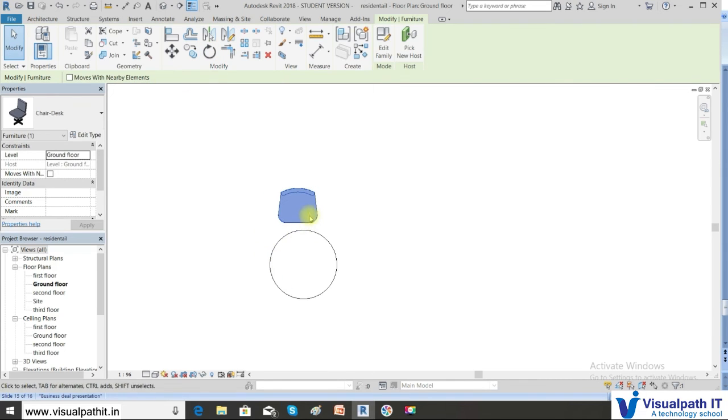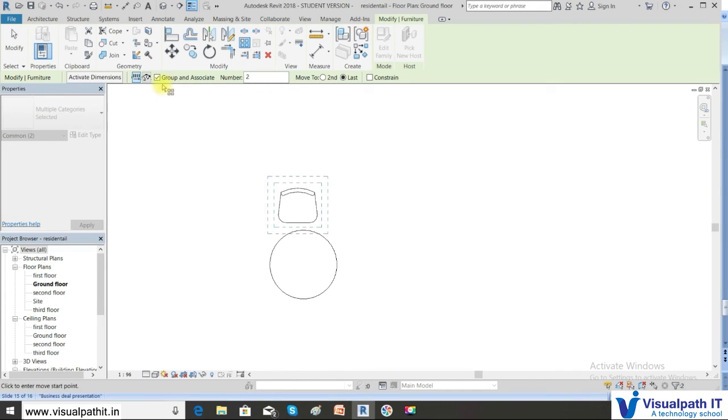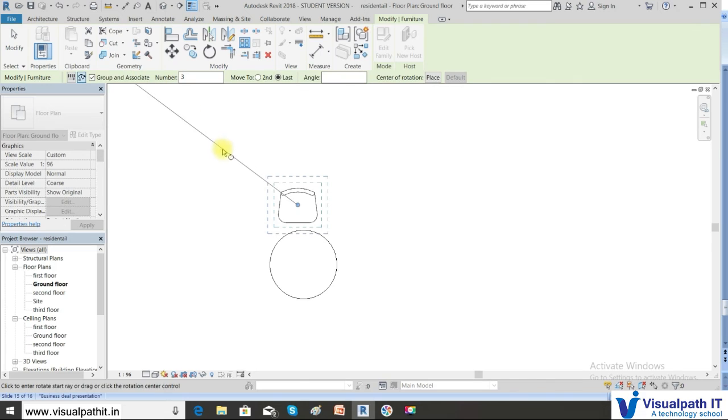Now I want to array this around this table. So I can use this option called radial array. Click the radial array. Here the same options are move second and move to last. Okay, I hope you have understood. Okay, and the center of rotation, now you need to change it because if I try to array, the object will get arrayed around this chair.